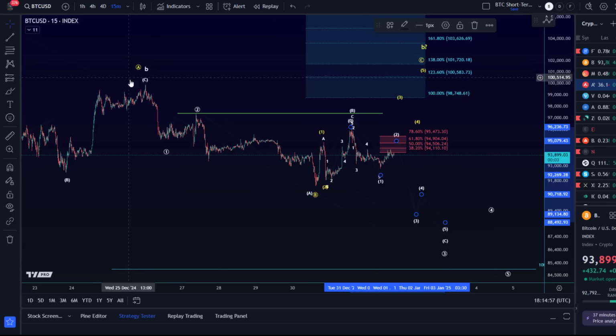And the white scenario is still the one that is possibly in control, especially since we had the five-wave move down now. Yesterday I mentioned I'm quite neutral between yellow and white, but I told you that if we get a five-wave move down, that's our signal. That's a signal that the white scenario seems to be leading, that the bears seem to be leading short-term. That would have to be confirmed further, of course, with a break below that last swing low at